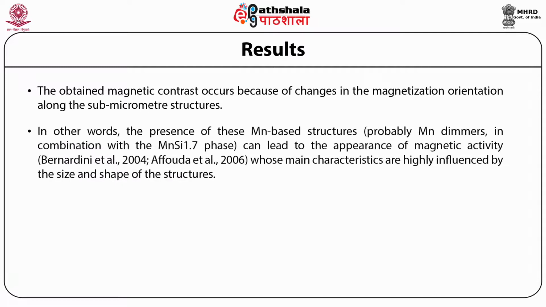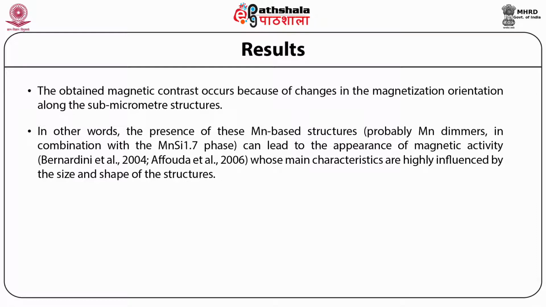In other words, the presence of these manganese-based structures, probably magnetic manganese dimers, in combination with the manganese-silicon 1.7 phase, can lead to the appearance of magnetic activity. But Nardini et al. in 2004 had done this. Then Afauda et al. in 2006 did the same, whose main characteristics are highly influenced by the size and shape